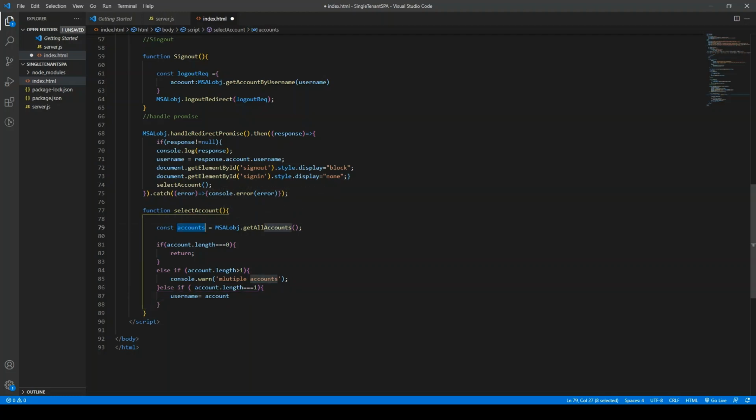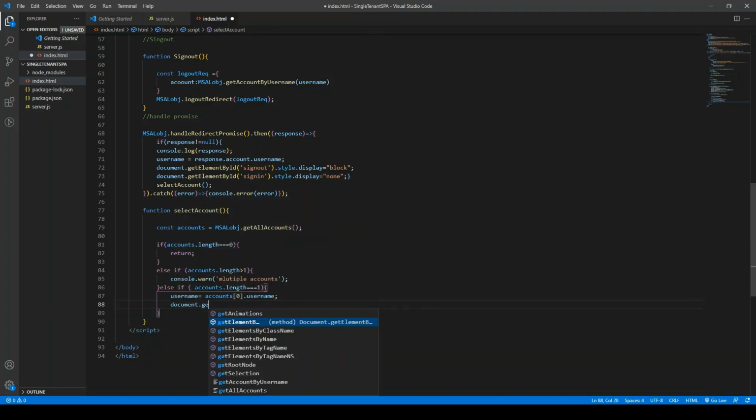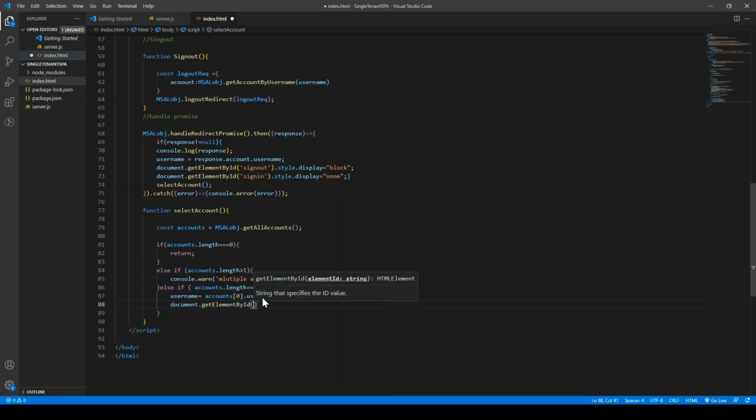It should be accounts. And again we will display the button accordingly. What I'll do, I'll just copy and paste it here. Save it.